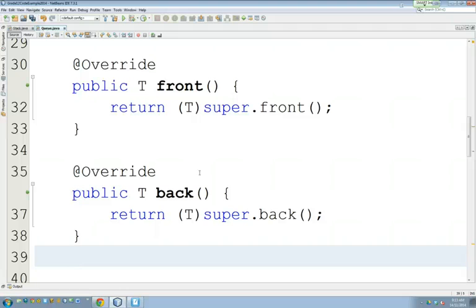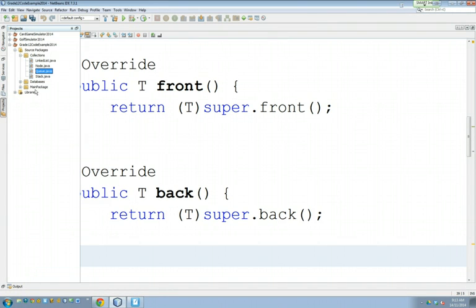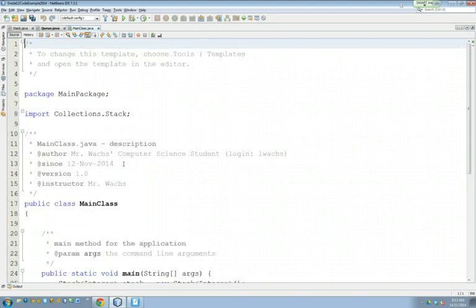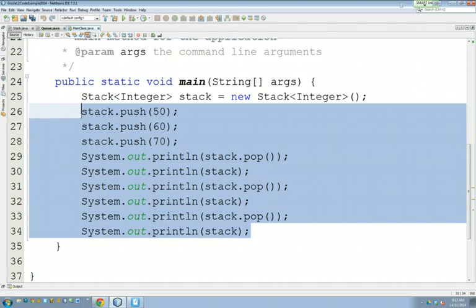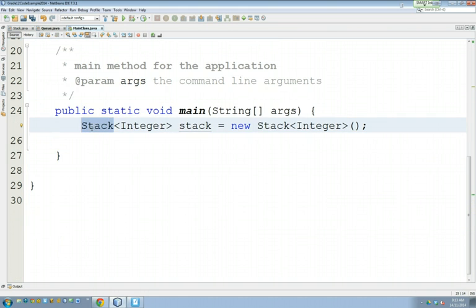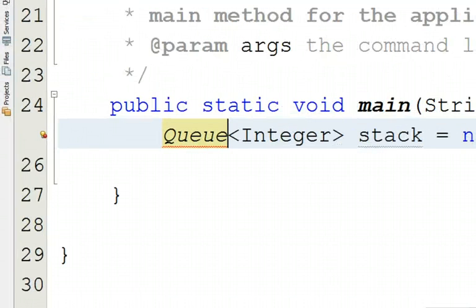We now have a working Q object. It has the couple simple methods that we needed to do it. So let's put it to the test. Let's put the Q to the test. So let's go to our main package and our little main class that we have in our main package. And this was us testing the stack, and it seemed to work. Okay? So I'm just going to delete some of this code and switch the word stack to Q. Now this will require an import. Make sure you are importing it